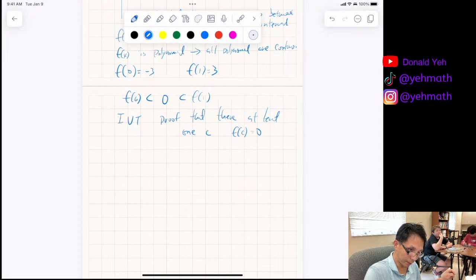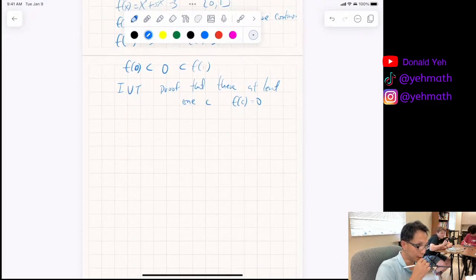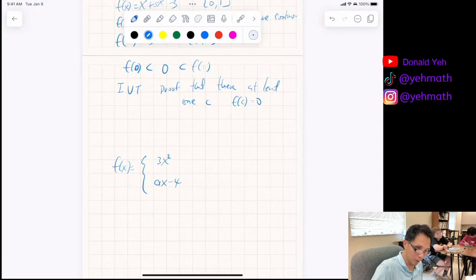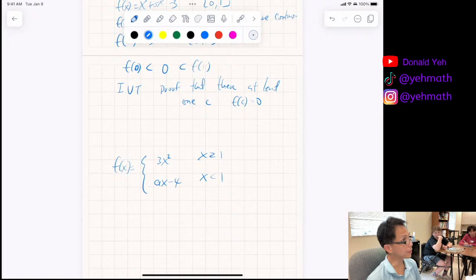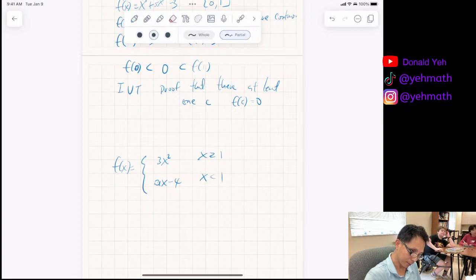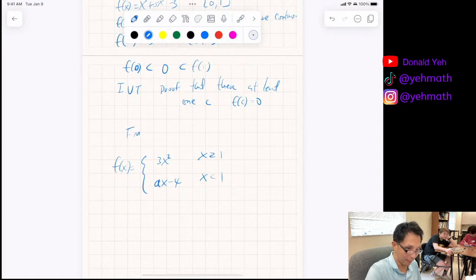f of 0, sorry, 0, less than 0. Now the next one is I am gonna give you a question that looks like this, but I also have to teach you how to use decimals. You guys don't know how to graph decimals, so 3x squared plus ax minus 4 when x is greater than 1 and when x is less than 1. So first of all, you guys learn how to graph decimals. Yeah, ax. And sometimes you could have fun with a. So I will say, hey, find the value of a